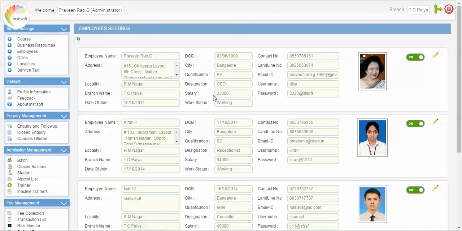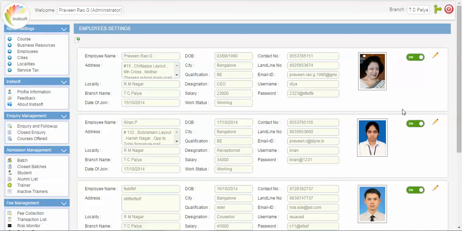So we have a pic in which you can clearly know which employee you're working on. Though you know the name, you may have multiple employees with the same name. So we have given you this on and off option. You can ask me why. I may have employees in my organization whom I would like to switch off. What do I mean by switch off? Switch off means